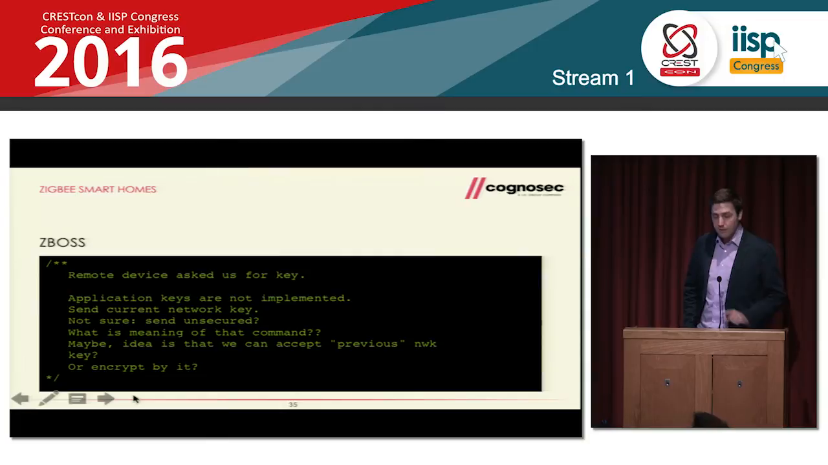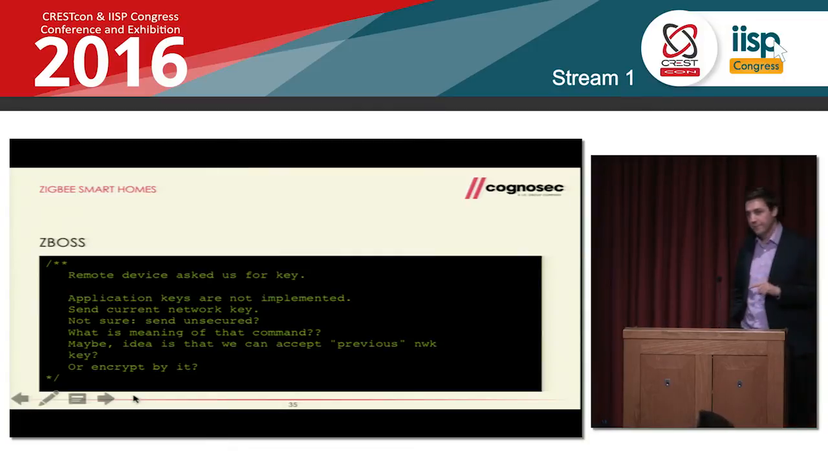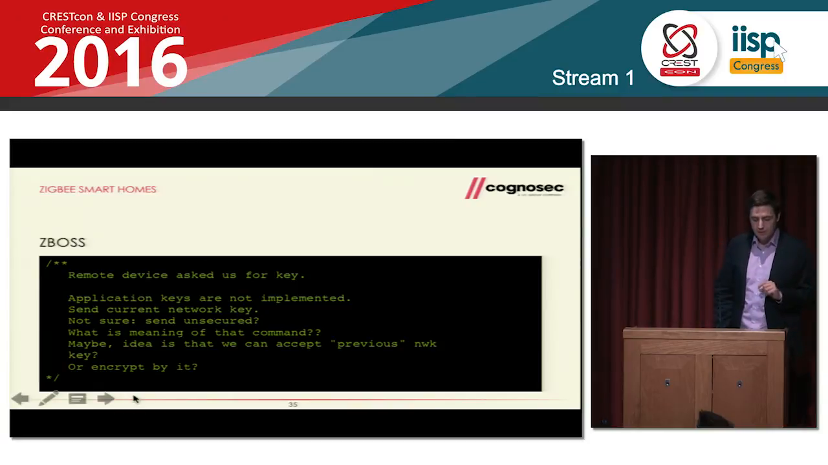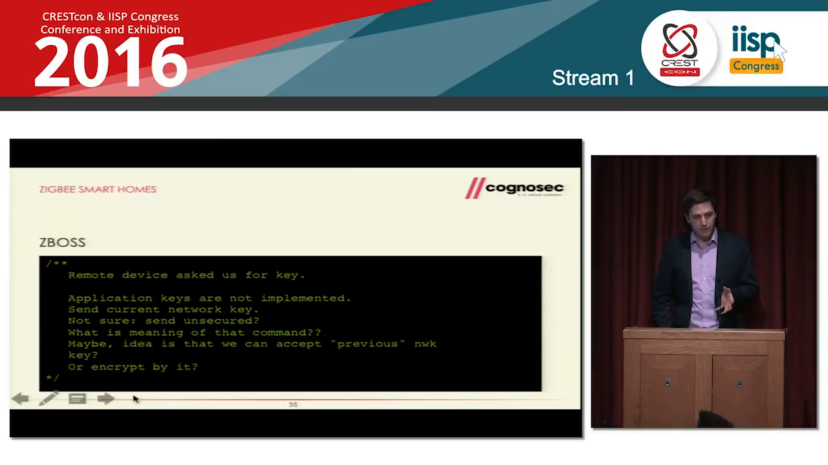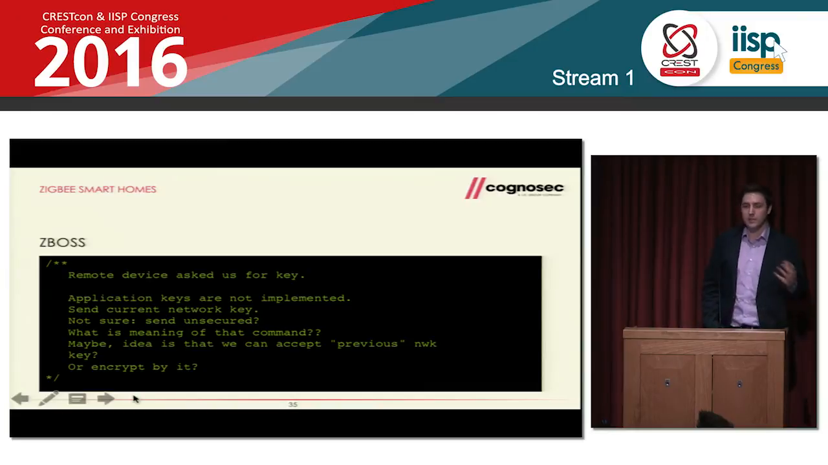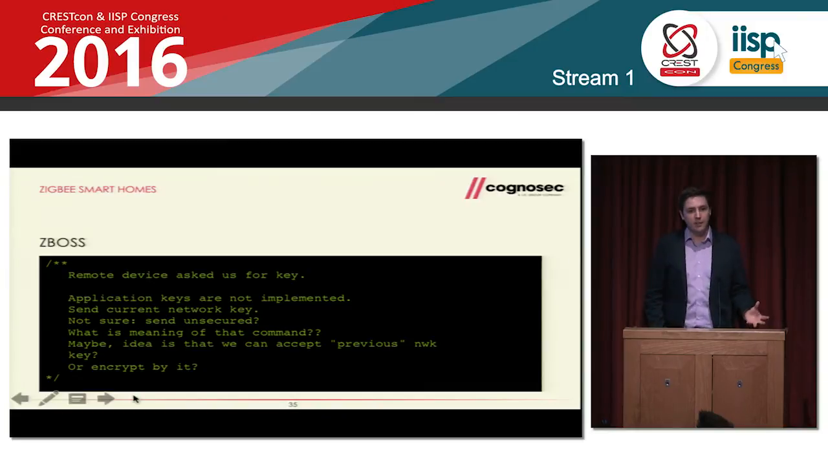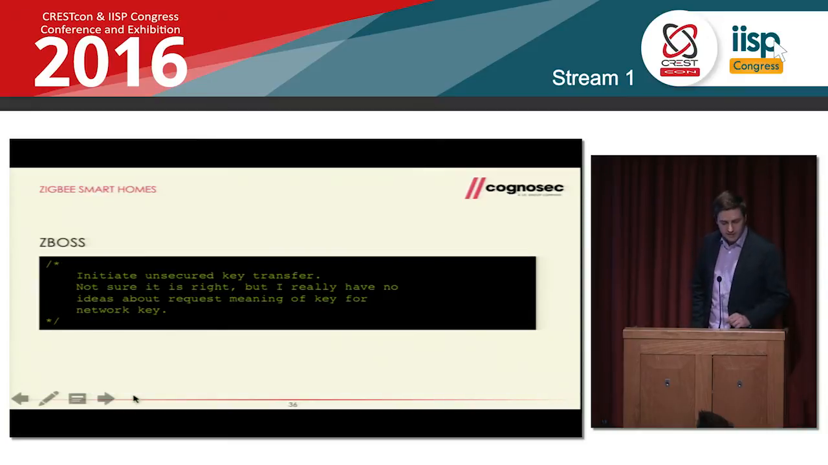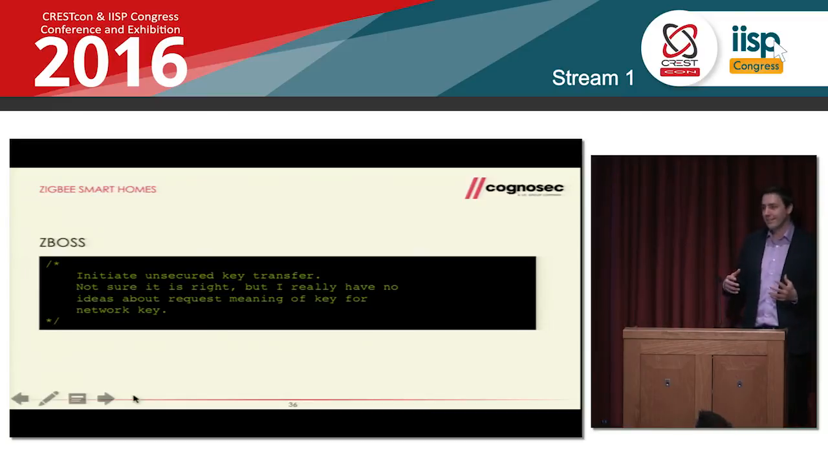What is it for? So then I tried to look it up in the open source stack, and I was not the only one struggling with this service. Those are comments from the source code out there. The developer was also curious because he was not sure what to do: send it unsecured, then accept the previous network key, accept unencrypted communication. He had no idea about it. And what he did then was just do it the unsecured way again, plain text, because he just wasn't sure. So this illustrates very nicely